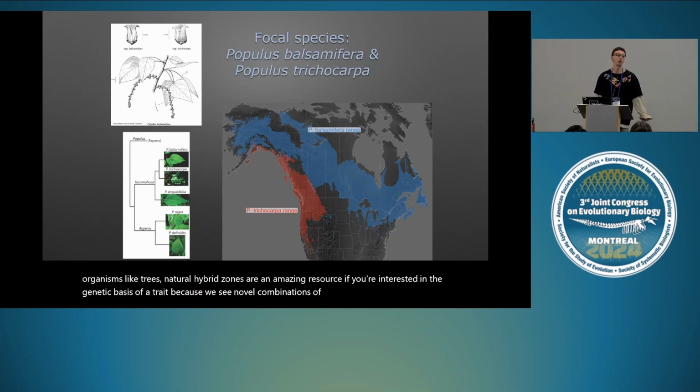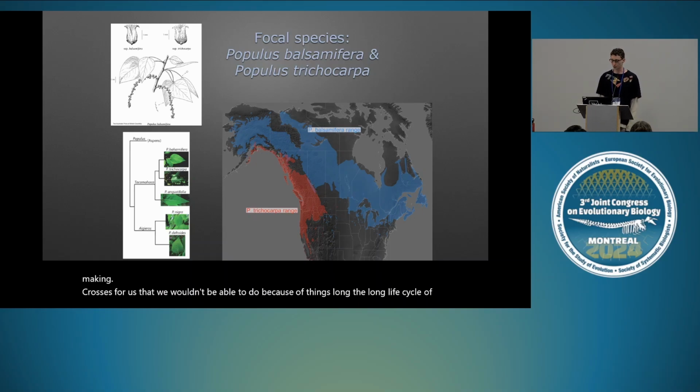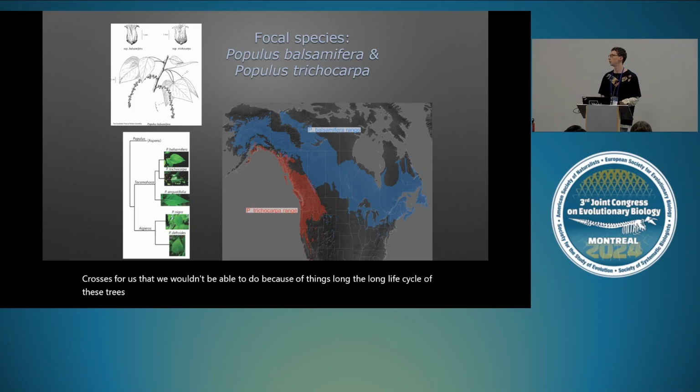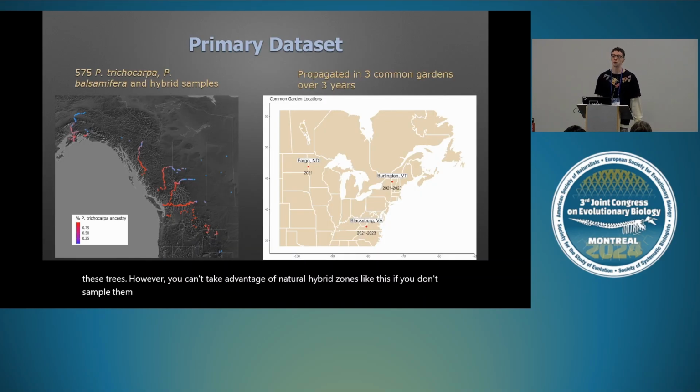It's basically nature making crosses for us that we wouldn't be able to do because of the long life cycle of these trees. However, you can't take advantage of natural hybrid zones like this if you don't sample them. So in 2020, my collaborators on this project went out and sampled 575 poplar trees in 6 distinct transects running